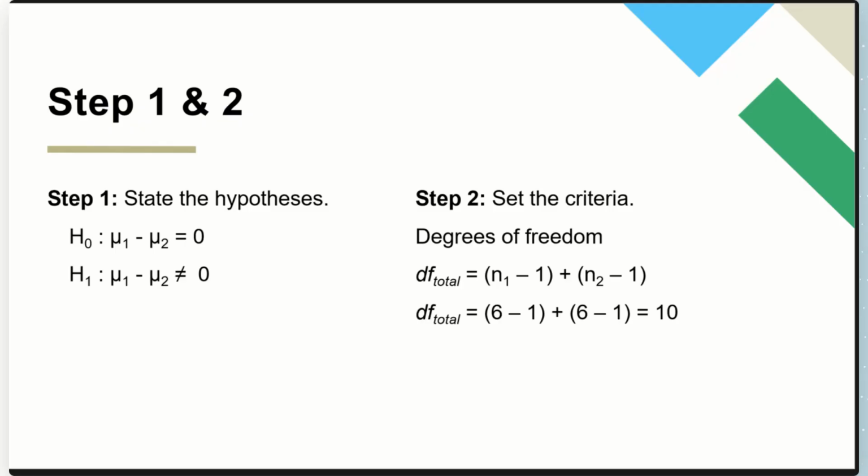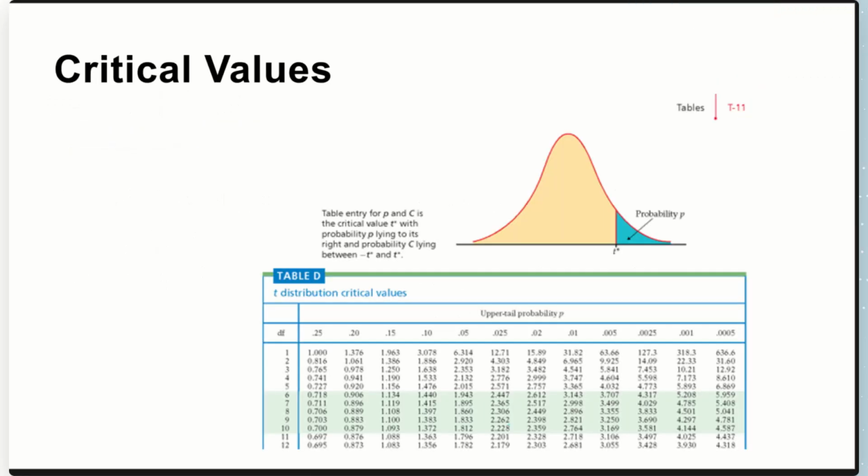So we have 6 participants in each group. So 6 minus 1 is 5, plus 6 minus 1 is 5, and that 5 plus 5 equals 10. So we're using 10 degrees of freedom to look up our critical values in the t-table. So we're going all the way down to degrees of freedom of 10, and we see that our critical values here are plus or minus